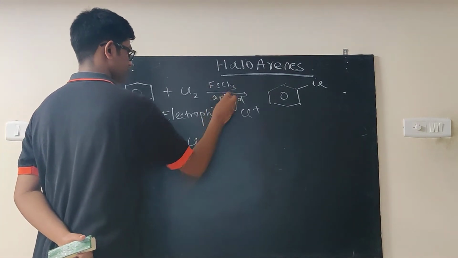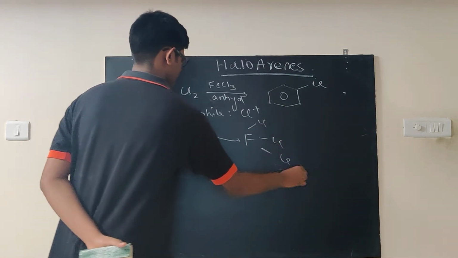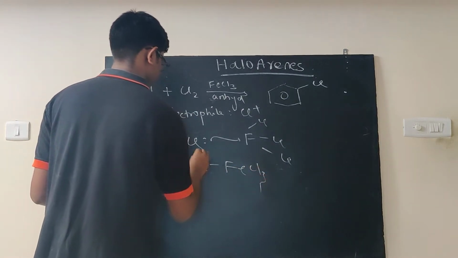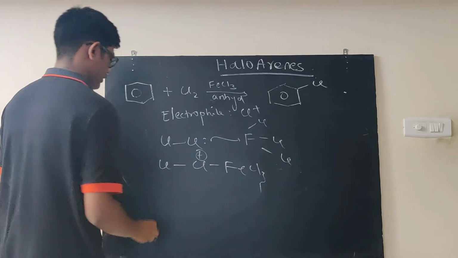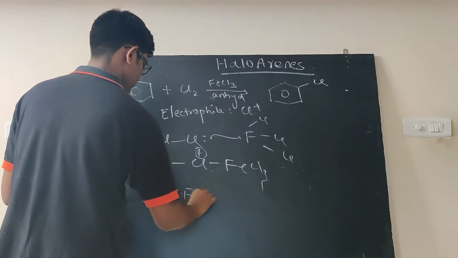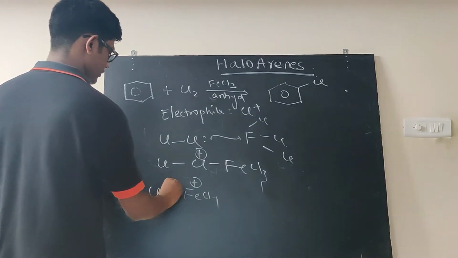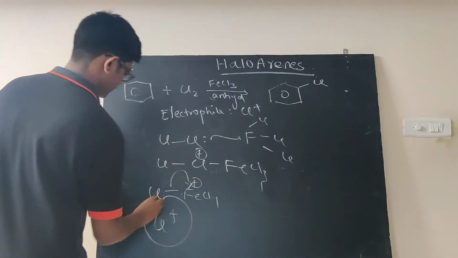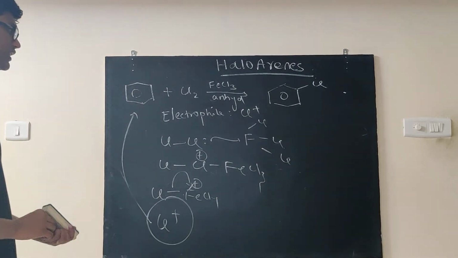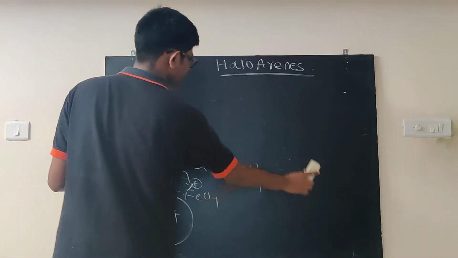How does that happen? Basically Cl2, FeCl3 is electron deficient. A lone pair coordinates with FeCl3, like that. You get Cl, FeCl3 with a positive charge. I can write it like this, FeCl4 minus. The plus is actually on chlorine, but we just write it like this. Basically this bond will break and you get chlorine plus. Since this is plus, this is an electron rich region, it's going to attack the benzene ring, forms the arenium ion, and then the rest is history, right? So that's basically the first method, the easy method of preparation of